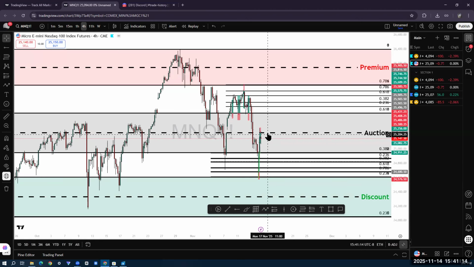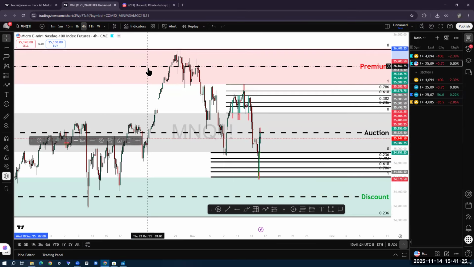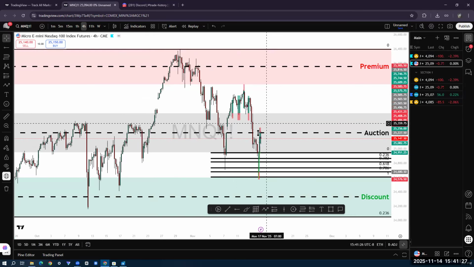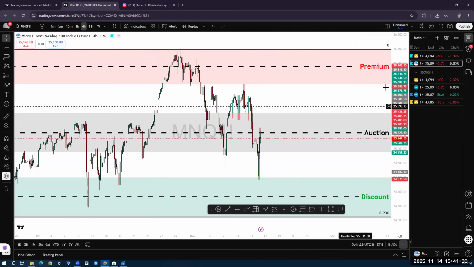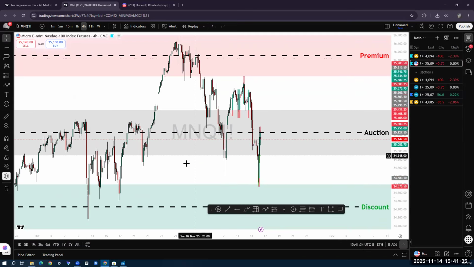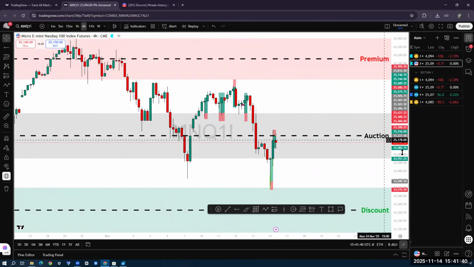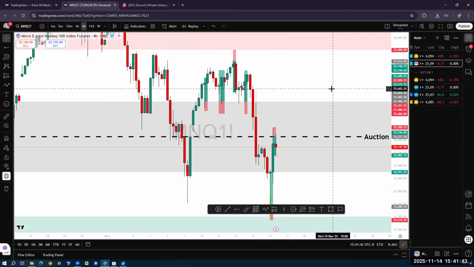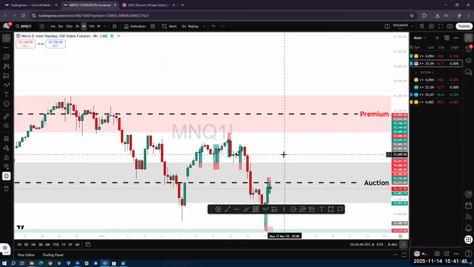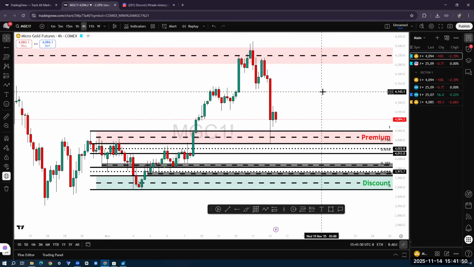You can use it as what I've been showing you now, an entry model, or you can use it like this. If you already have a great entry model, trade the direction model. Take off all the fibs, draw the fibs, and then draw out your ranges. After you draw out your ranges, delete the fibs. And now go ahead and trade however you want. Your fair value gaps, your this, your that. Okay, cool, no problem. Every strategy works. But at least apply the premium, auction and discount, because I promise you, it's never gonna do you wrong. So that's all I gotta say.